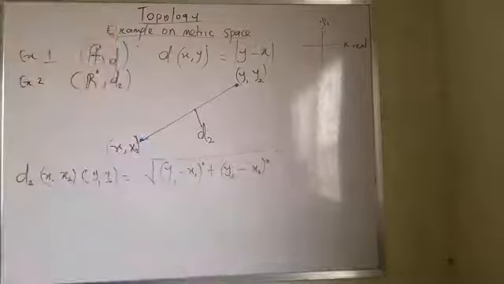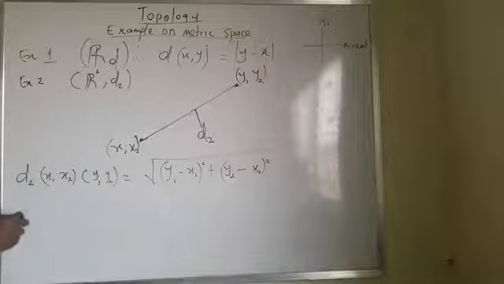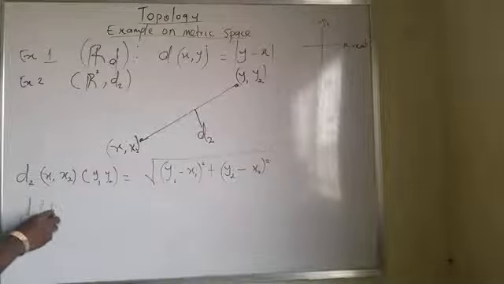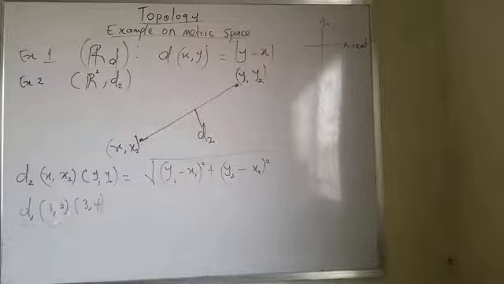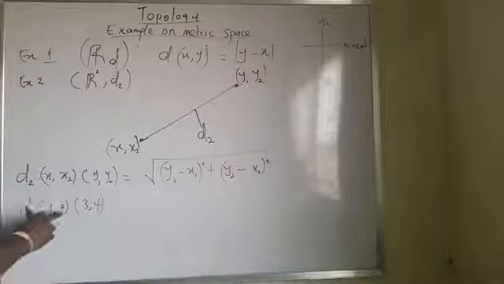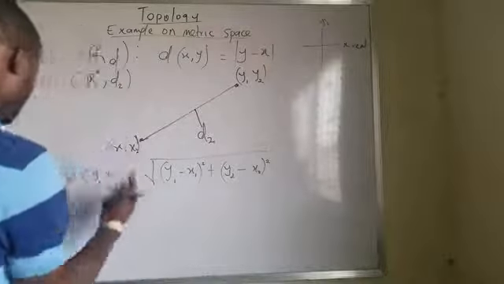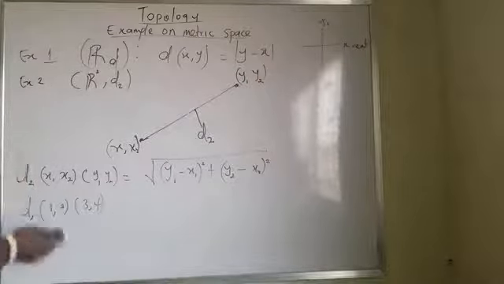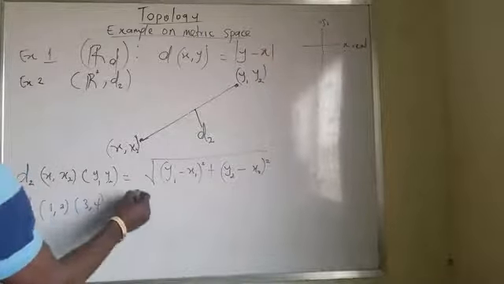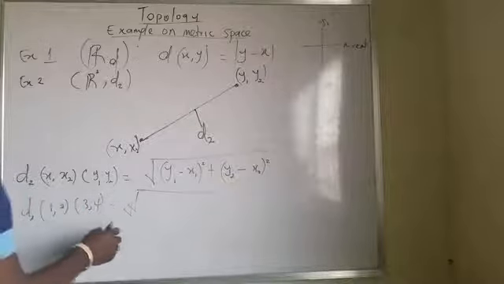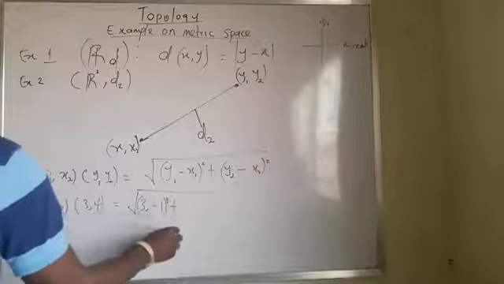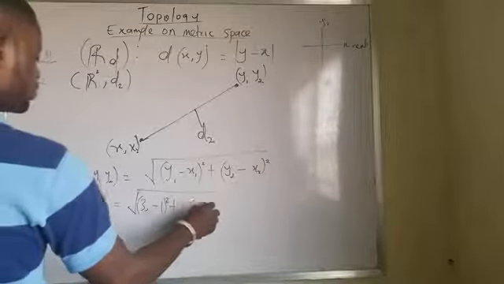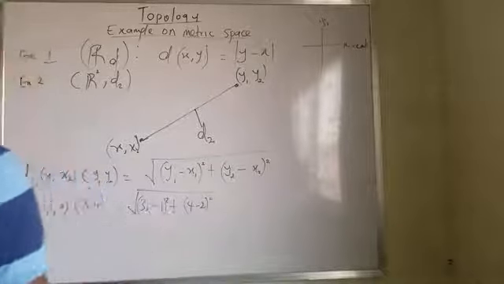that is what I'm trying to explain. Now, if I should generalize something like this, for instance, if I have a d2 of 1, 2, it means I'll be having this. This is a point, this is a coordinate, this is a coordinate. This generates a given point, which we have done earlier. It means this will be equal to root of 3 minus 1 all squared plus 4 minus 2 all squared,